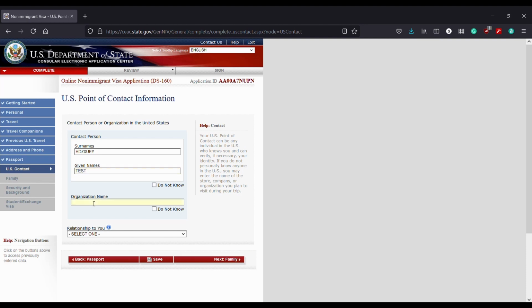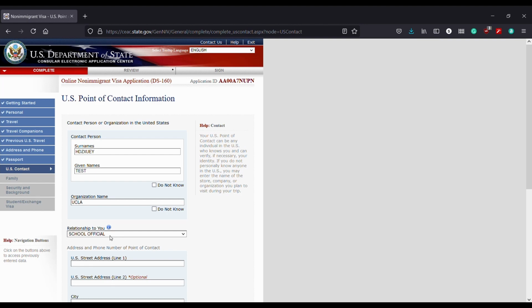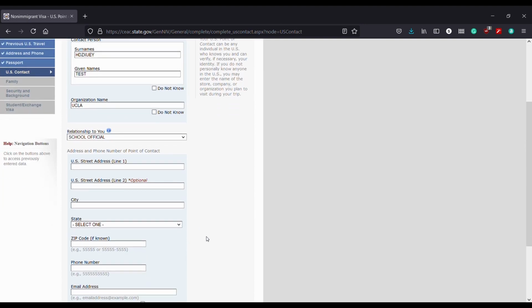But in case you have any friends or family friends, relatives, etc., you can mention their name, it's totally fine. You don't have to refill the DS-160 in case someone tells you that you should only put the school official's name. You can put anyone if you know anyone else apart from your school official here.